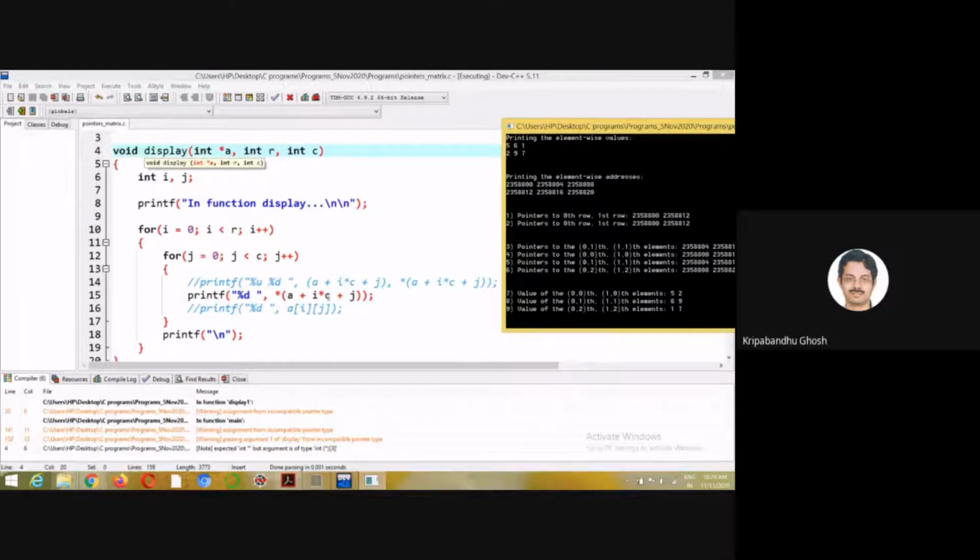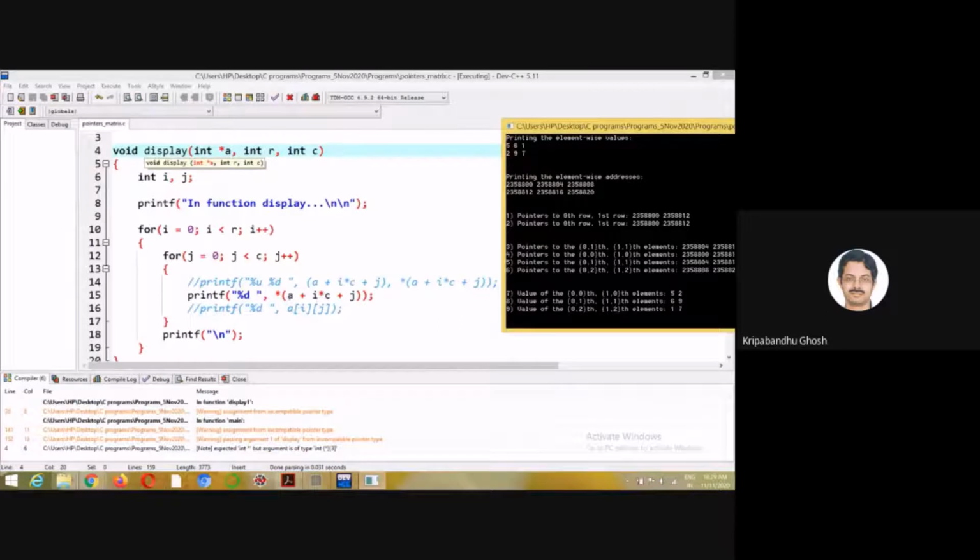When you do A plus J, J is here 1, right? So when you do A plus J, you are coming to this point, because A is pointing to the first element, and it is pointing to the first row.